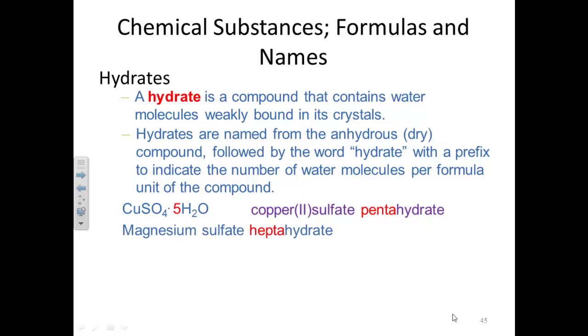If I go the other way, I would write the formula the same way with my species. So the magnesium sulfate, magnesium is a 2+, sulfate SO4 2-. So that formula would be MgSO4. And then I have my little dot, and in this case, heptahydrate will tell me I got 7 waters. MgSO4,